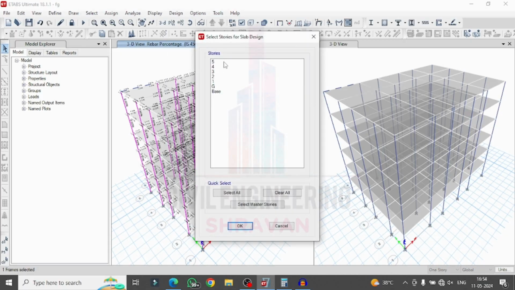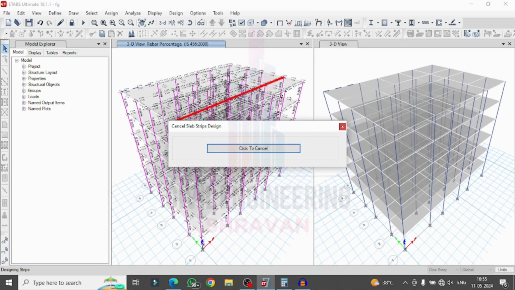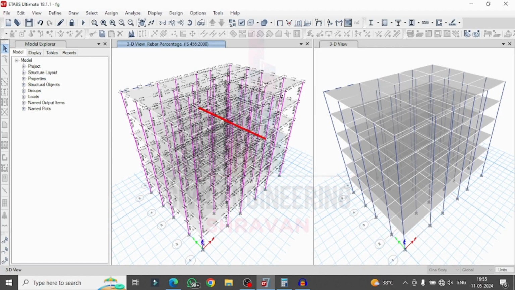So it will ask you to select the stories, which story do you want to design. So here I need all the stories except the base. Why? Because the base will not be consisting of the slab section. That's why I am selecting here ground story, first story, second story, third story, fourth story, fifth story. Click on OK option so that it will do the analysis process for the particular slab section under the considerations